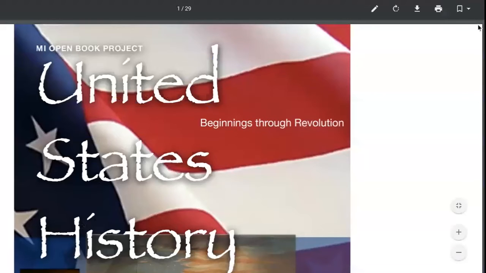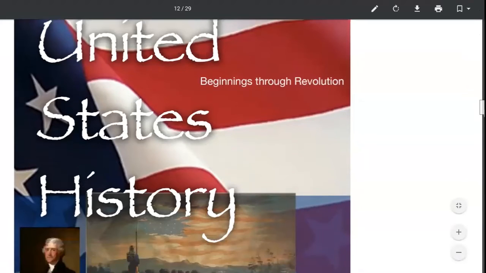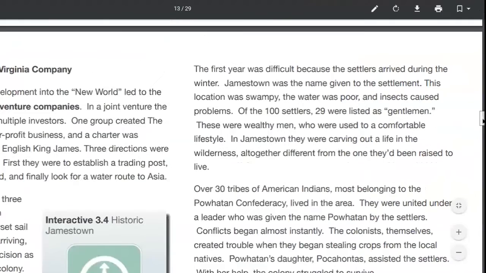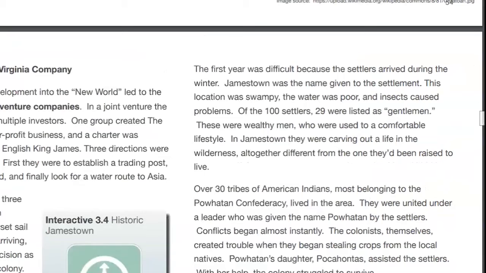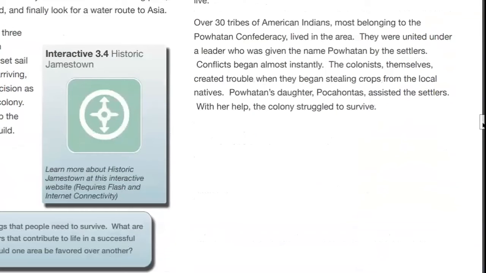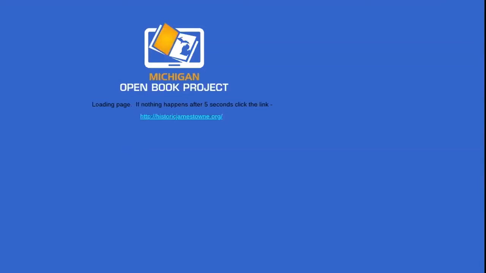Okay, so we're going to go back, and again, it's going to take us up to the top of the text. One other wonderful thing is to pull this up on a smartboard. If you wanted to focus the reading and focus the questions for the students, or you could read this out loud to your students first before they go and they practice the reading, that would be wonderful as well. Okay. And we have another interactive